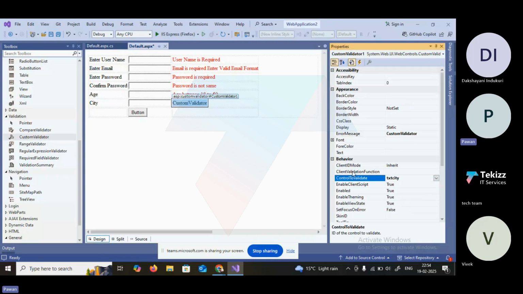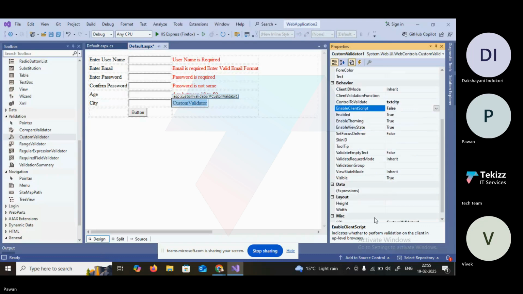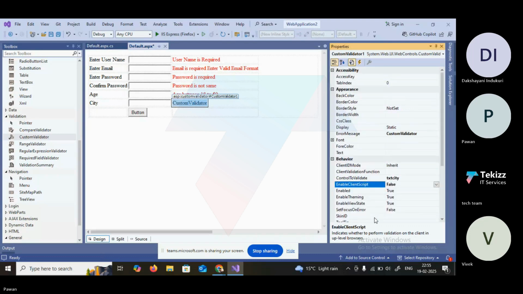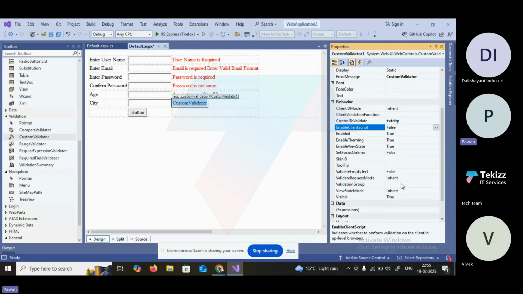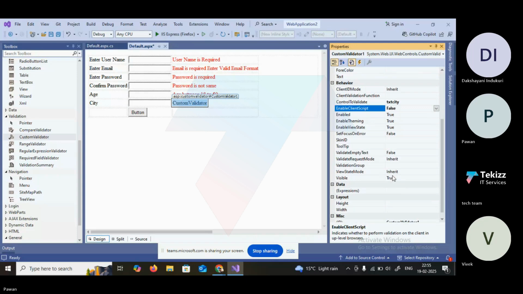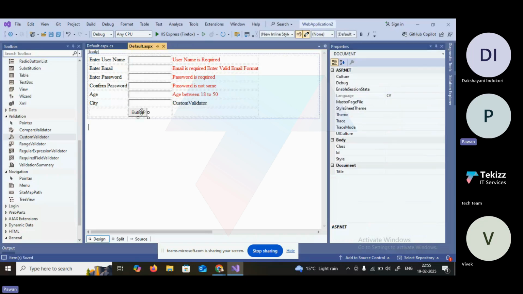Now there we have, let's say, false. Control client validation function, we have is valid. Now when we click on this submit button,